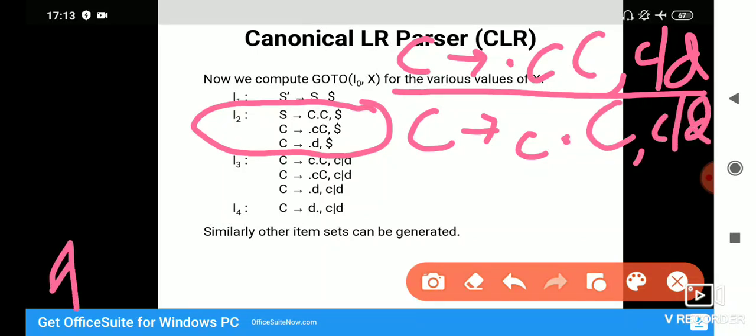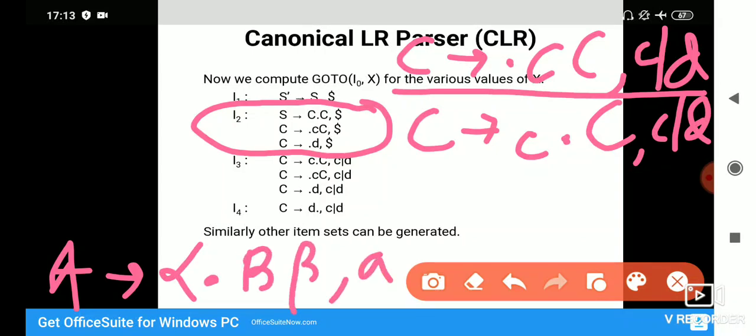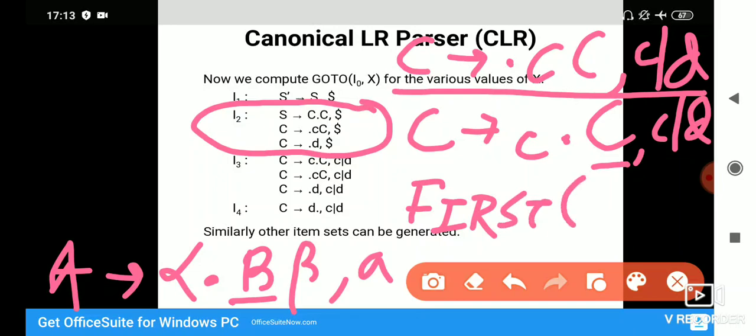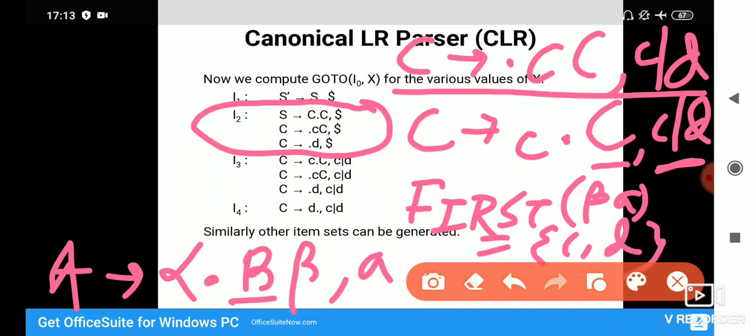If I compare it with A → α.Bβ, a, in our case capital B is capital C, beta is null, and a is c/d. The first of βa will give us only c/d, that is we get c and d. So this is small b for us. Okay, we have to include productions of the form B → .γ, b. So on comparison, I have to take all those productions which are originating from C.